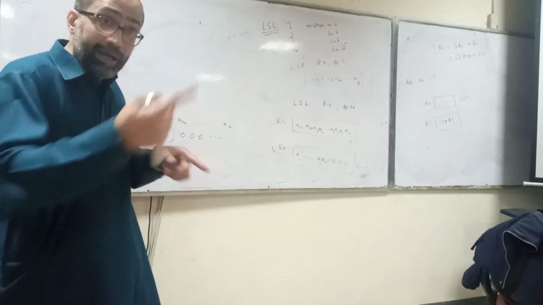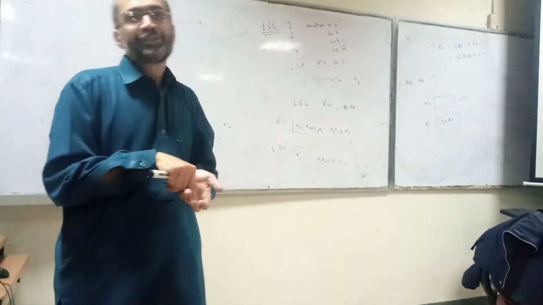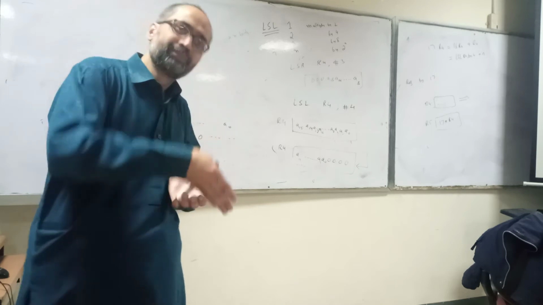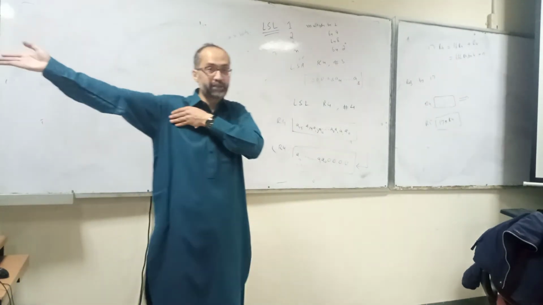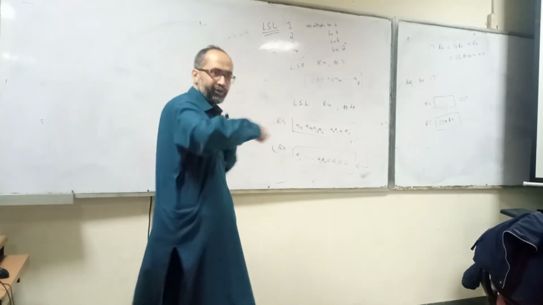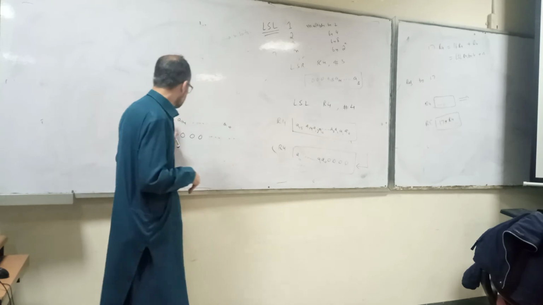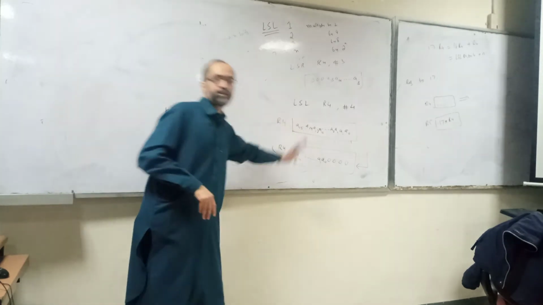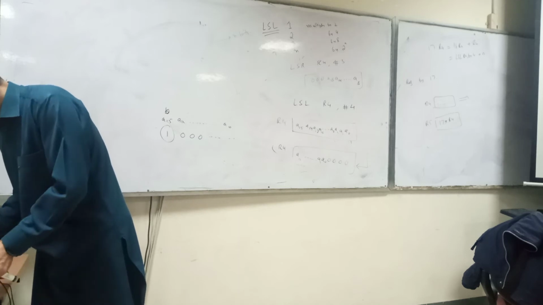So actually in arithmetic shift left, the MSB is replicated. If it's 0, it still remains 0. If it's 1, then it stays 1. So this is the difference between arithmetic and logical shifts. The same is for arithmetic shift right. When you are shifting to the right and dividing a negative number by 2, it will replicate A15 in this direction. So these are arithmetic shift left and arithmetic shift right.